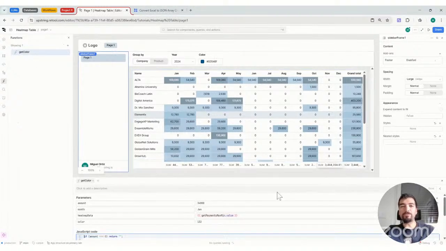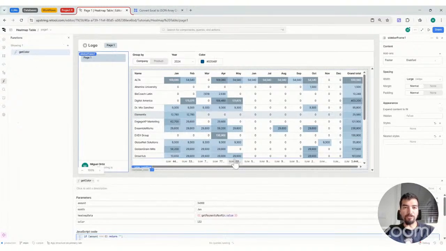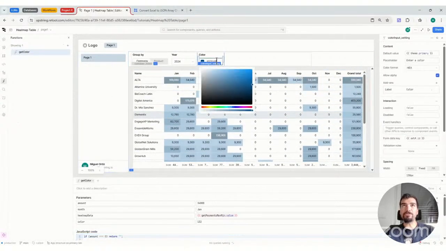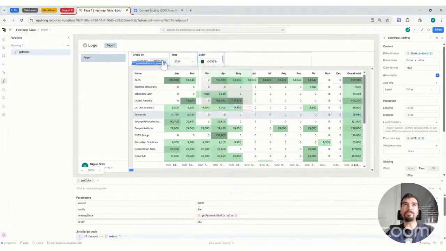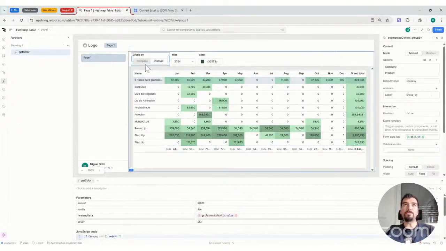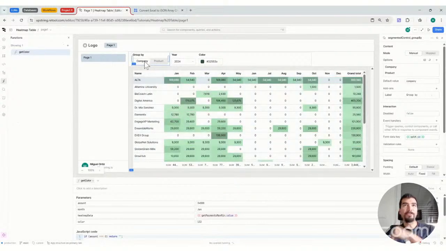I'm showing one of the tutorials that I posted on YouTube and on the forum, which allows you to have a heat map where you can actually change the color of the heat map. Here you can see that I'm grouping the results of this cash flow table either by products or by company and by the year. So functions, definitely one of my favorite things that I've been using lately.